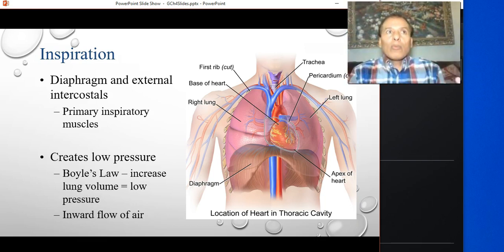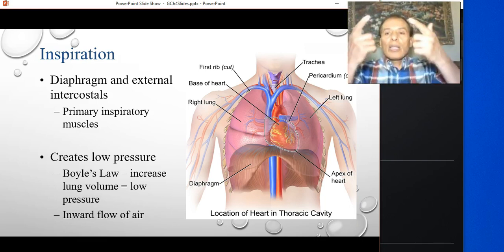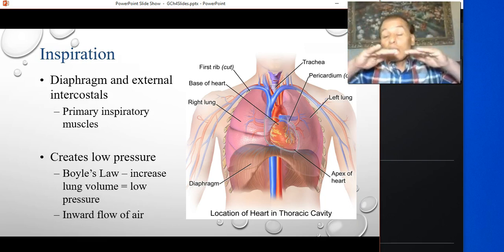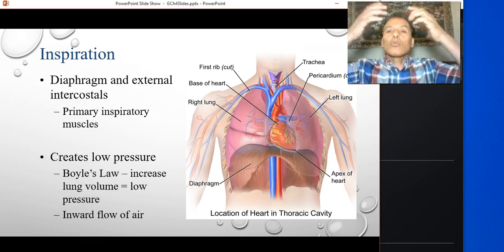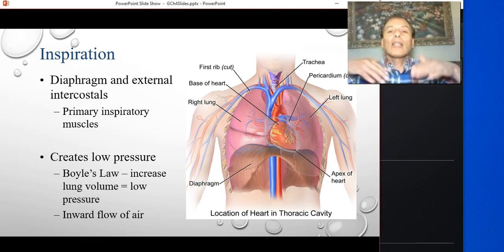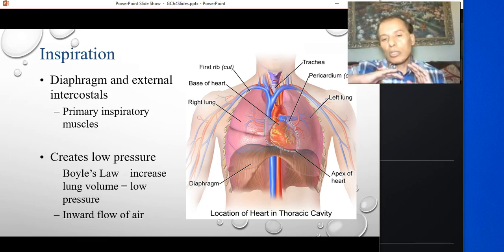Now, when it decreases, that creates suction, and that means it will suck. This is how it works. That suction is going to draw air from outside, and the air will continue to flow until the pressure inside of the lungs is equal to the pressure outside. That is called equilibrium. So until the point of equilibrium is reached, and then the inhalation process is halted.